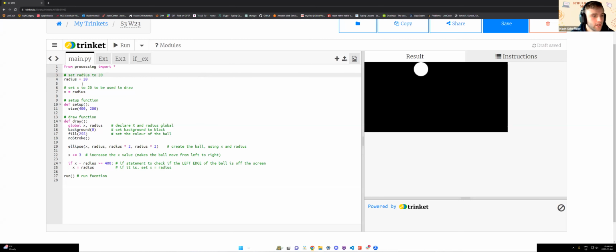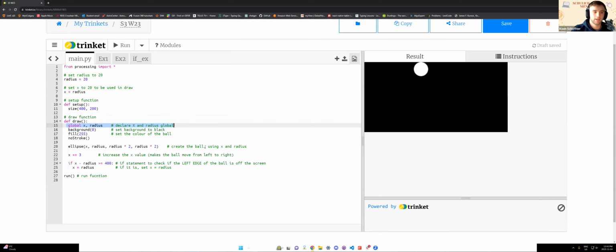So we have two variables at the top here. We have radius, which is set to an integer value of 20, and then we have x, which is equal to that radius. We have our setup function, nothing special there. And then in our draw function is where most of the magic happens. For starters, we're going to define x and radius to be global.